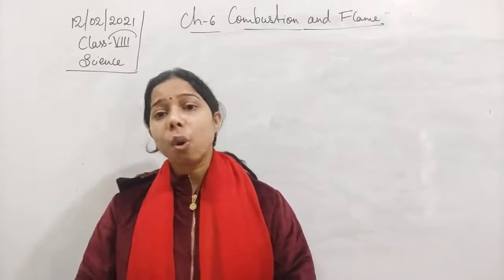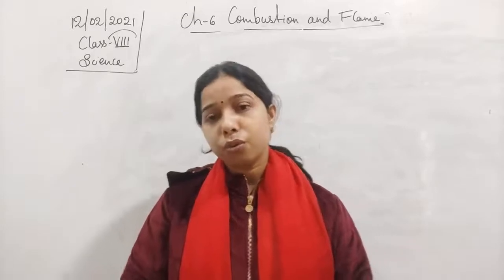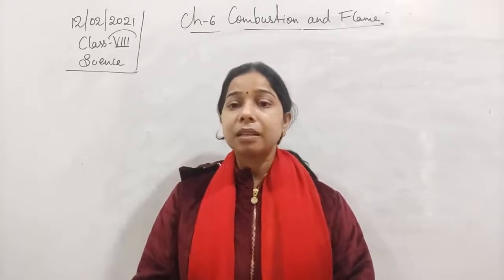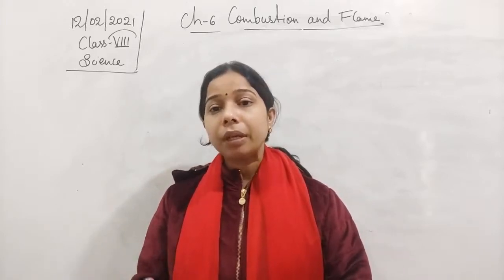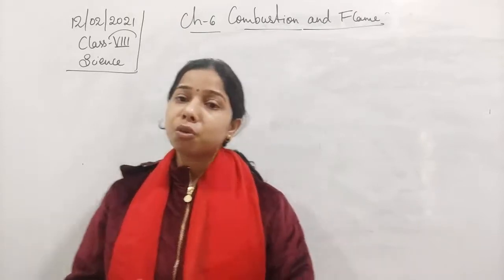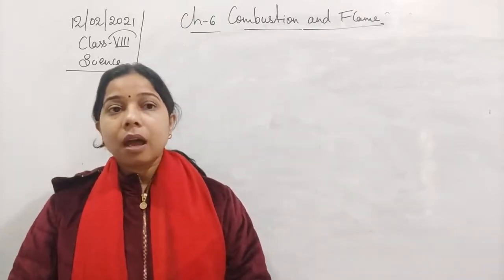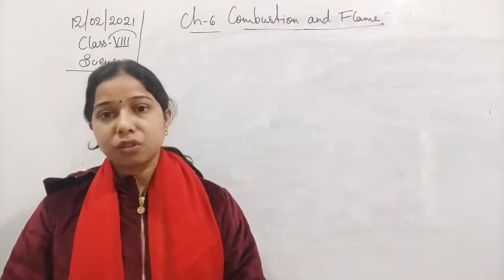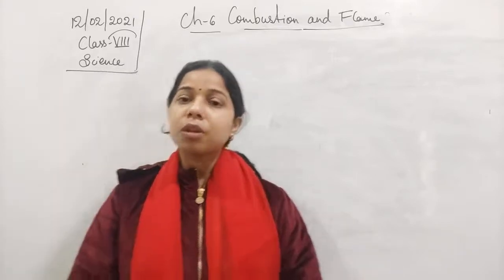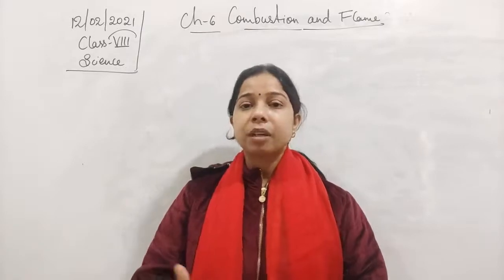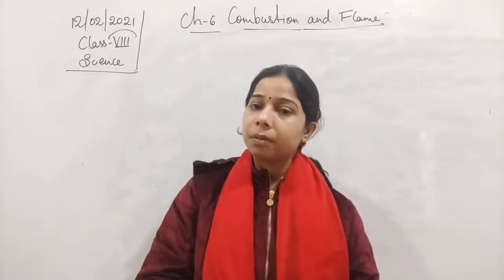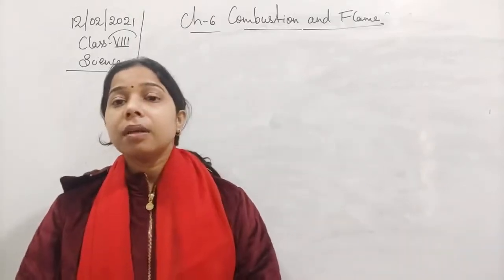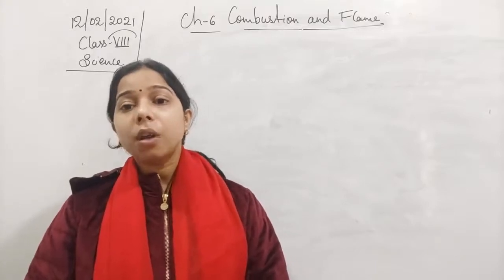So if we talk about the outermost zone of the candle flame, we have seen that it is blue in color, and the reason is because it shows complete combustion. Since it shows complete combustion, it means a sufficient supply of oxygen is present there. So the supply of oxygen is good, so ultimately it will result in complete combustion. Now it is blue in color, and that is why we will include it in a non-luminous